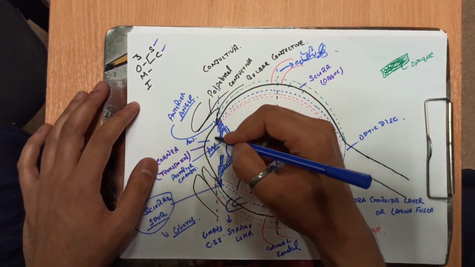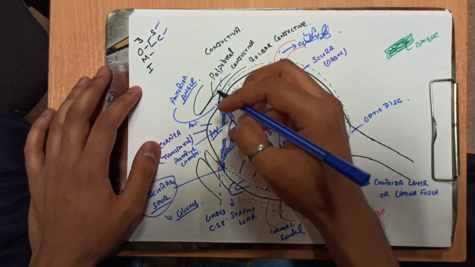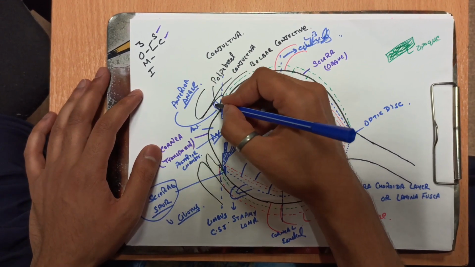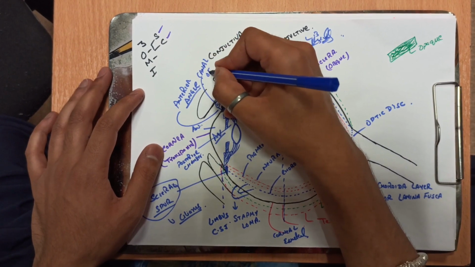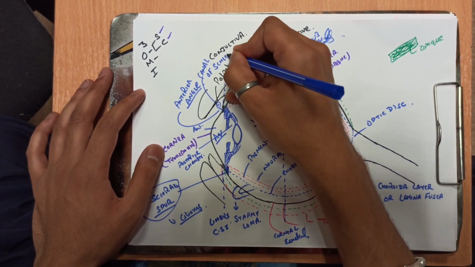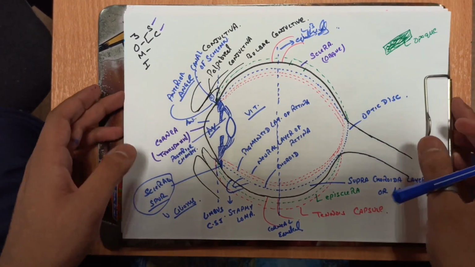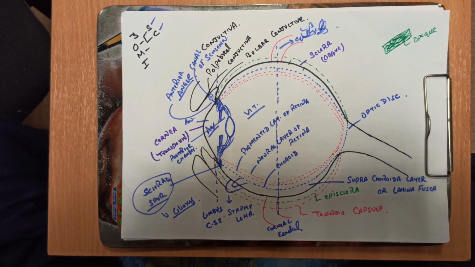So how does the aqueous humor produced in the anterior chamber go out from the eye? At this anterior angle there is a small canal called the canal of Schlemm. Here it is not possible to draw a diagram because this video will be too long. I'll show you the diagram which was made by me.